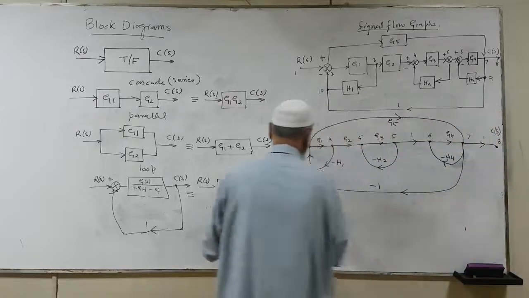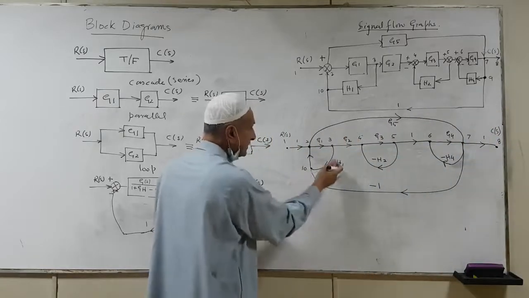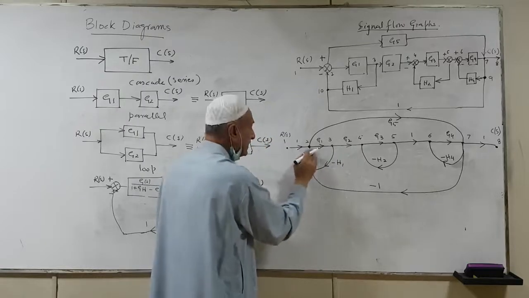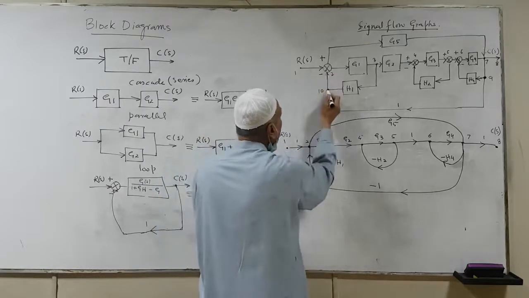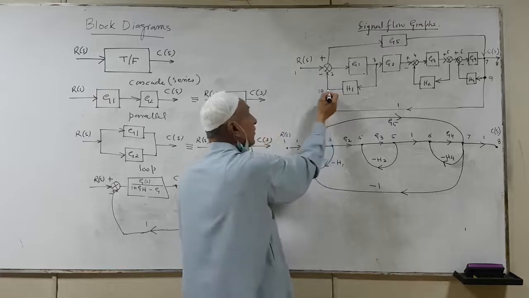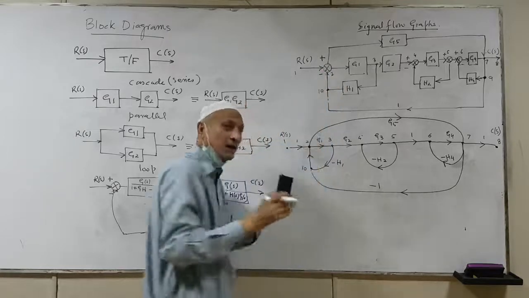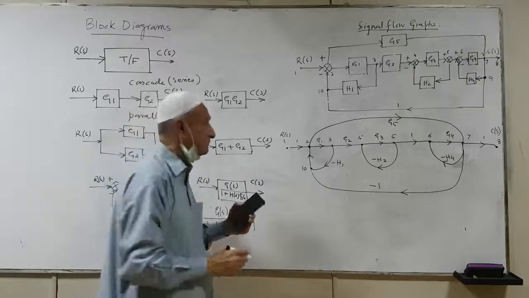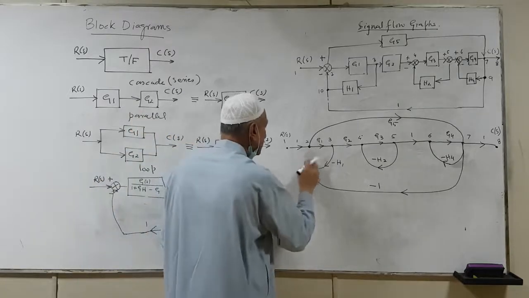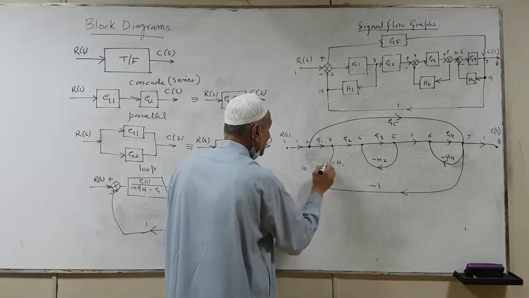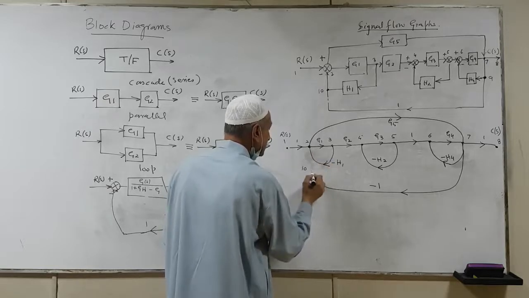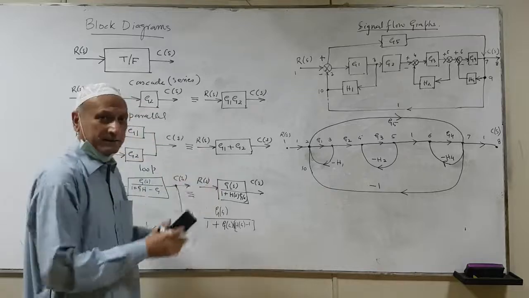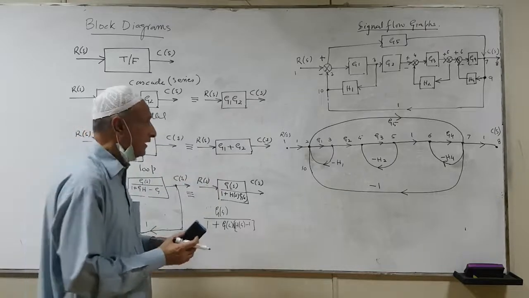However, node number 10, again there is an issue. This is H1, this is minus 1, but there is a link straight away, and this is a component and this is a junction. So the junction is normally absorbed in the component, but two components cannot be absorbed in each other. Remember this point. So we can absorb this one, and we are looking at this situation. Now this actually completes the signal flow graph.